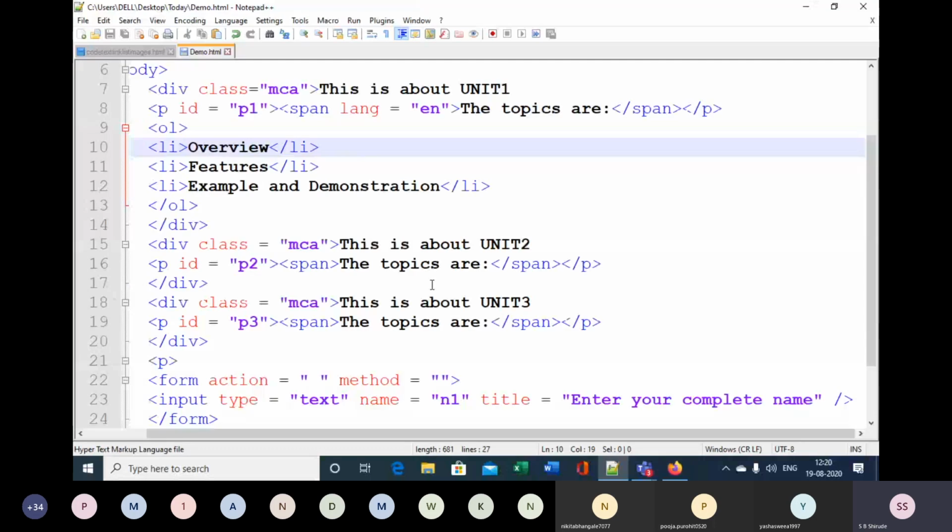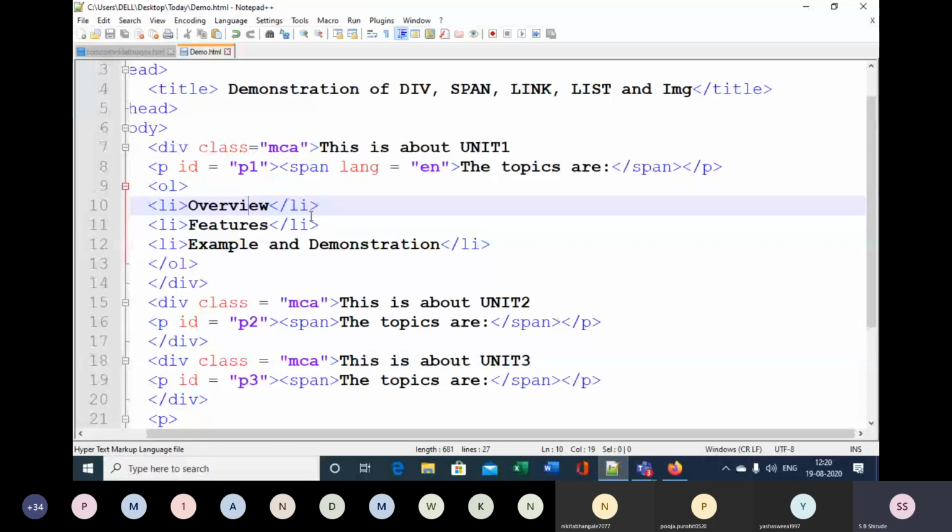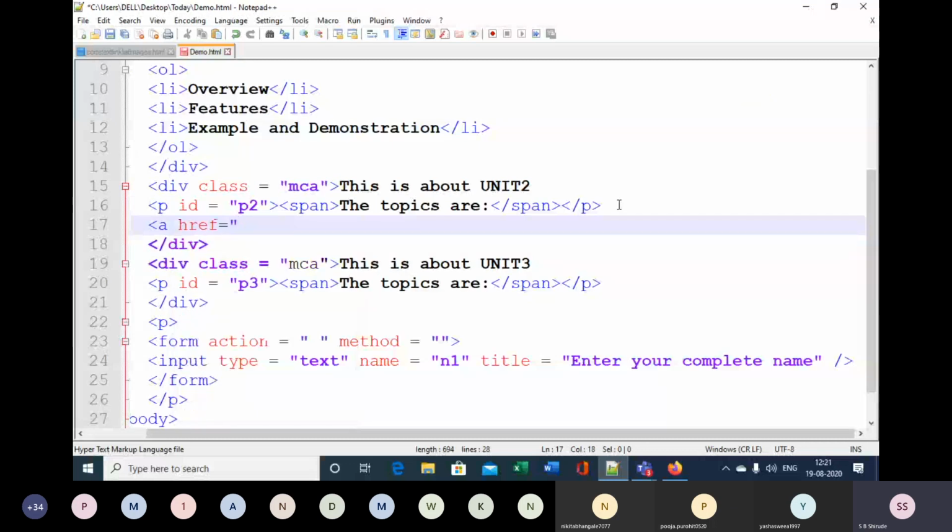Okay, but here I have given you a clear idea of how you can design your own list by using OL and UL. Then after coding of the list, we'll see how you can code the links. So for links, for example, here if I'm going to put a link, for the href, I can give a URL here, that can be a website address as well.